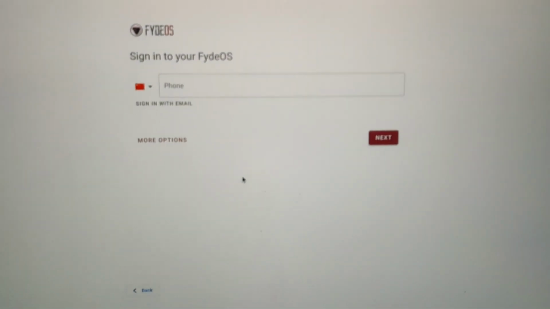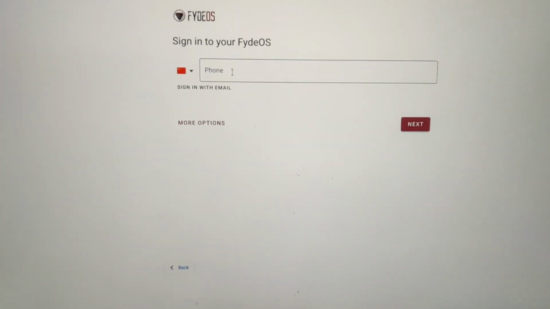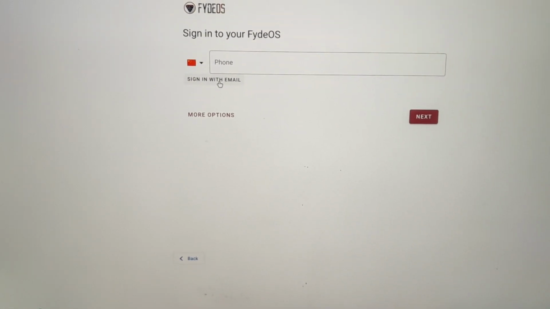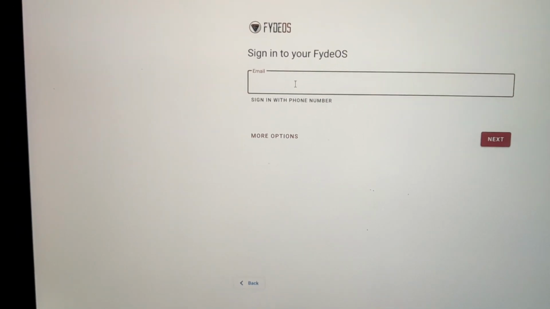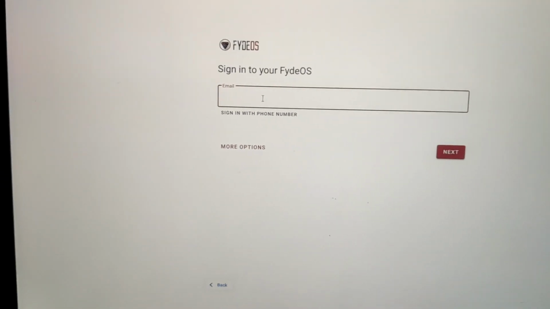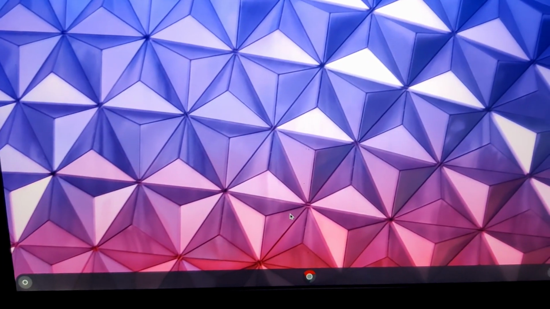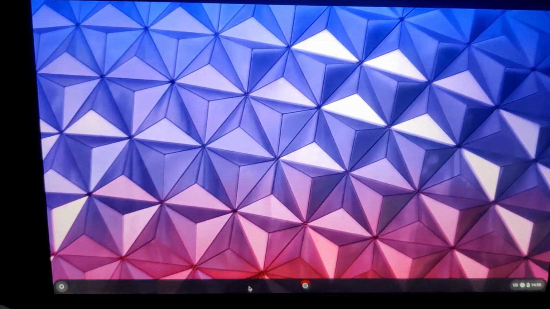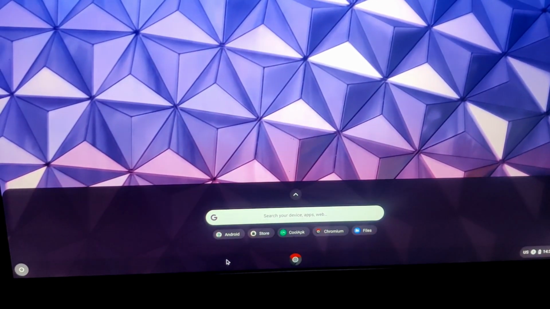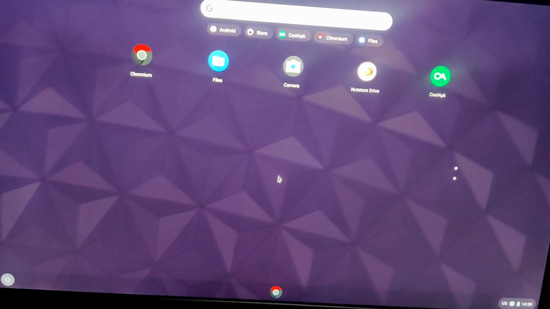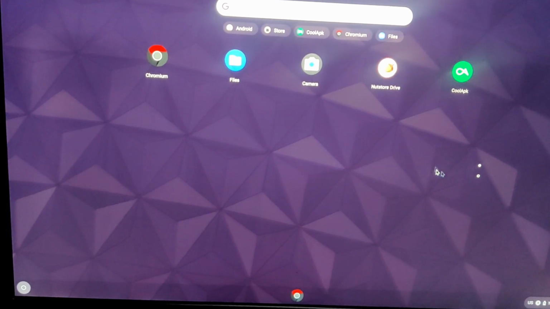Yeah. So now enter your sign in with email or phone number. Enter your email or phone number. You created the account earlier, remember? Okay, sign in with that. All right, once you have signed in, you will see your system is booted, okay? So now go to the settings, the app section, and find